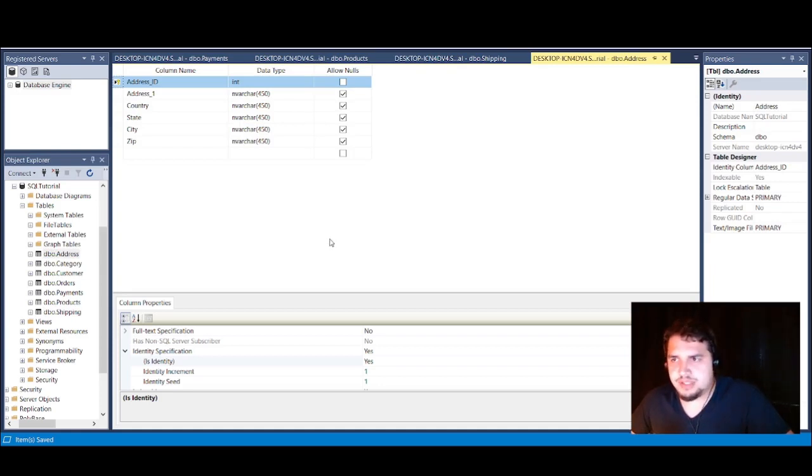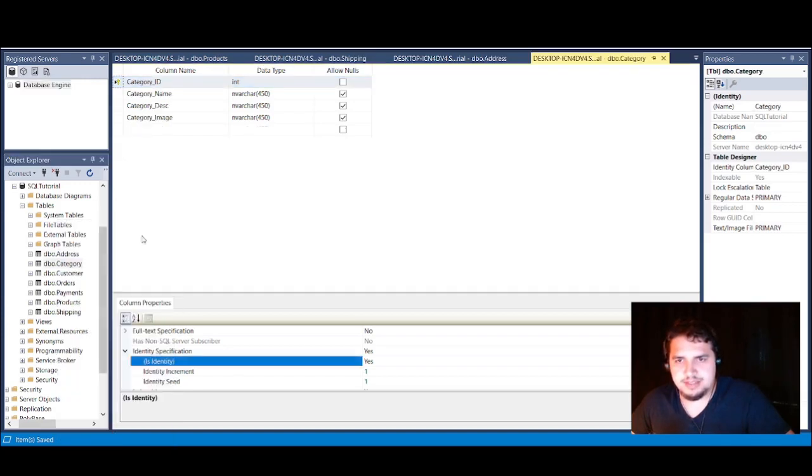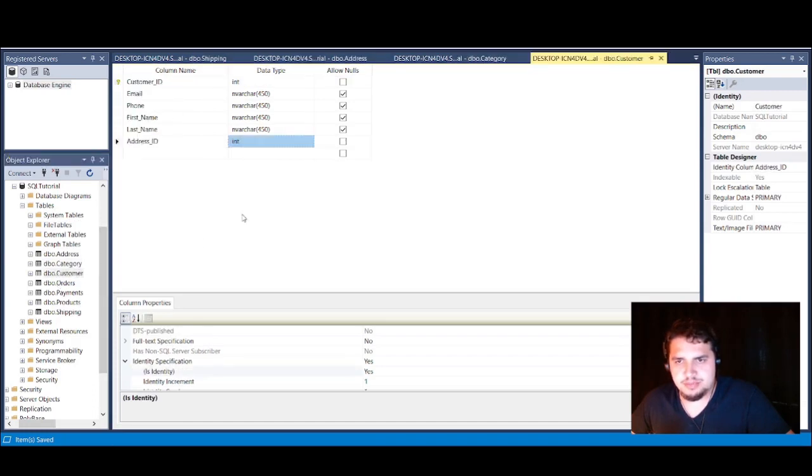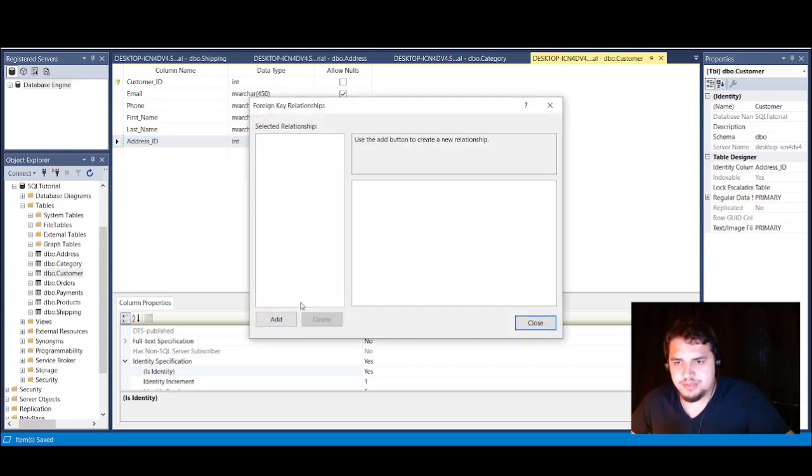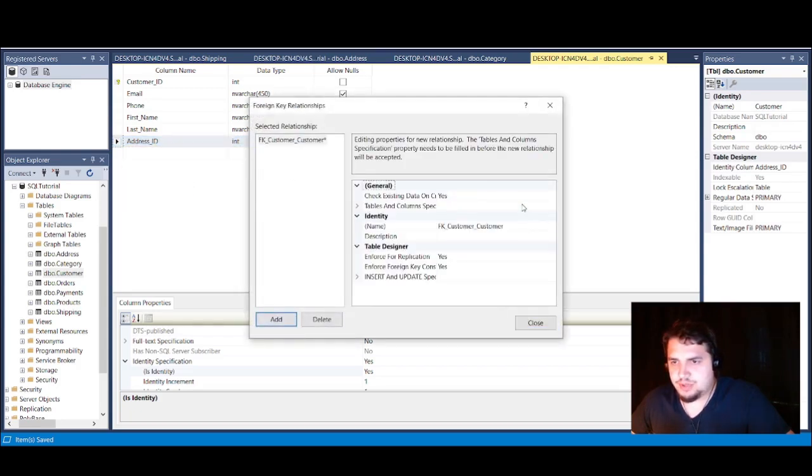So we'll go back to address, and there's no relationships here, so we'll just skip that. Design, go to category, nothing here. Customer has a primary key, or excuse me, a foreign key. We're going to go to relationships, and we're going to select add, and then we're going to go to tables